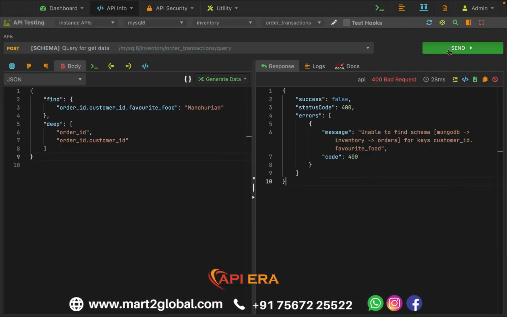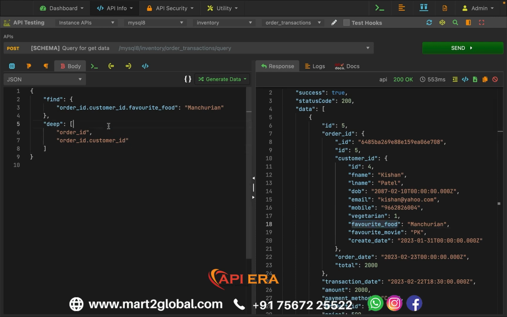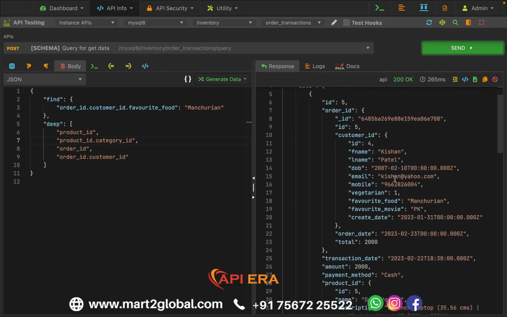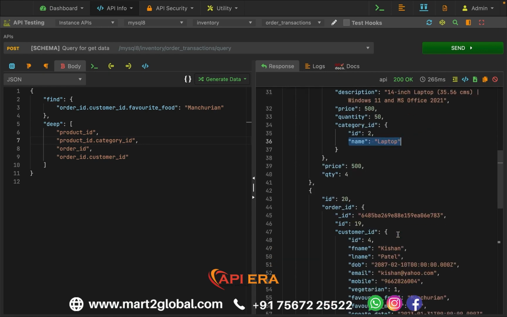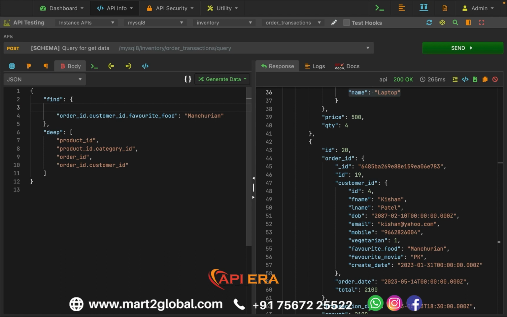Let's go back and try again. And we got the data. So this time we got order details from MongoDB and this customer ID. This customer's details are coming from SQL Server. Let's populate this product information, and we are getting laptop here for these two records,